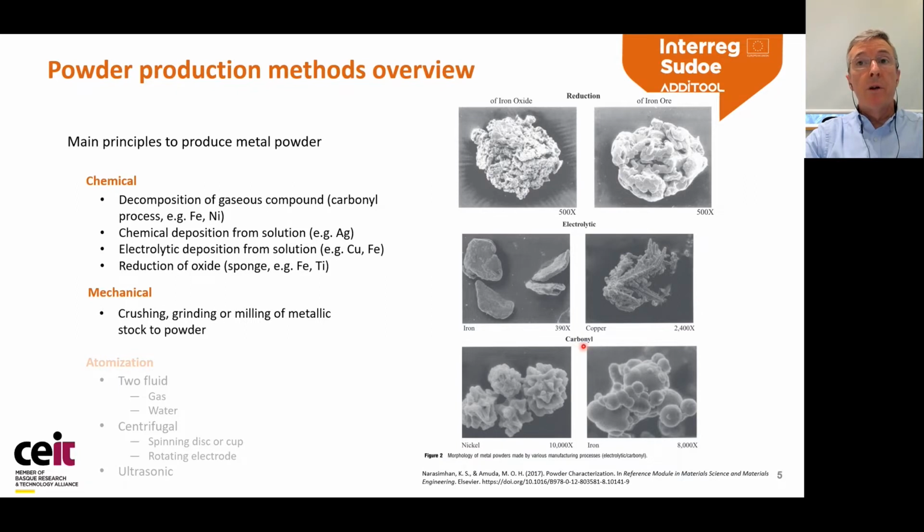And if you use the carbonyl method, you obtain very fine particles with a kind of folded structure, or even agglomerates of very fine spherical powders. In all cases, you see that the shape is not spherical, and so flowability of these powders is not very